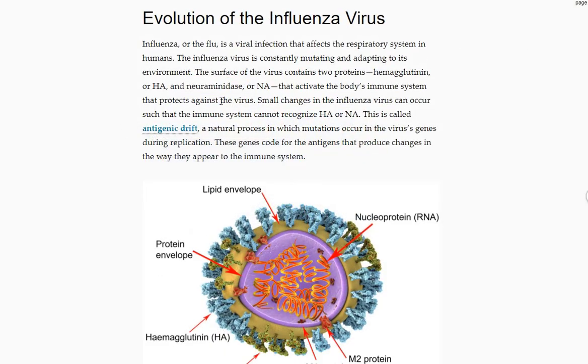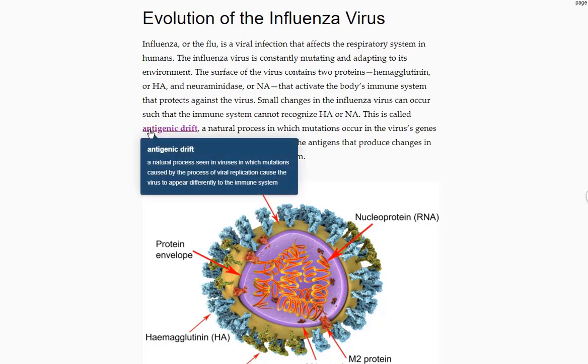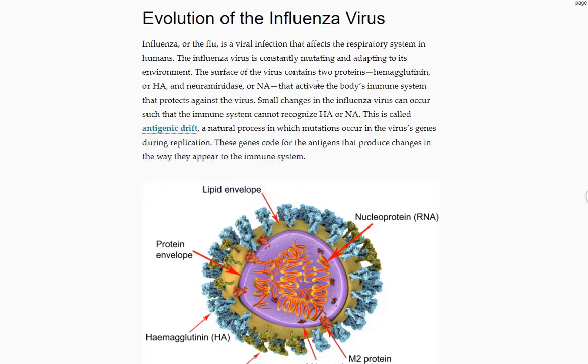When this happens, it's called antigenic drift. Antigenic drift. It's random, okay? The mutation itself happens by random circumstance. All right, just something random causes the mutation to happen. Like I said before, a lot of times it does nothing, but maybe it's the right mutation in the right protein on the virus so that your immune system can't recognize it anymore.